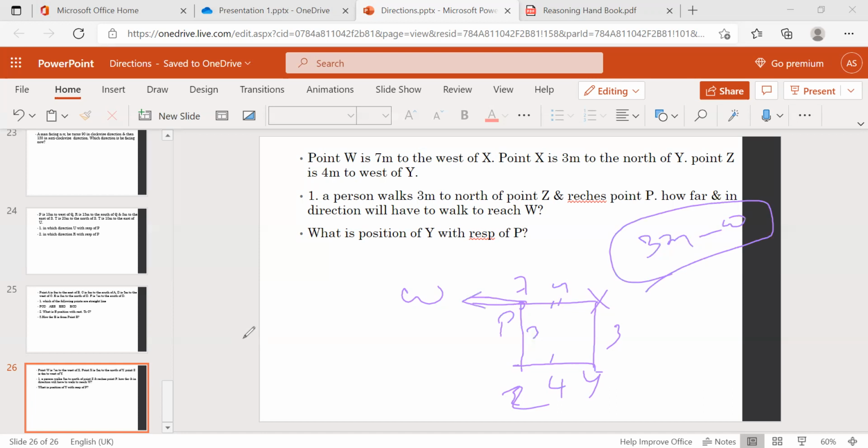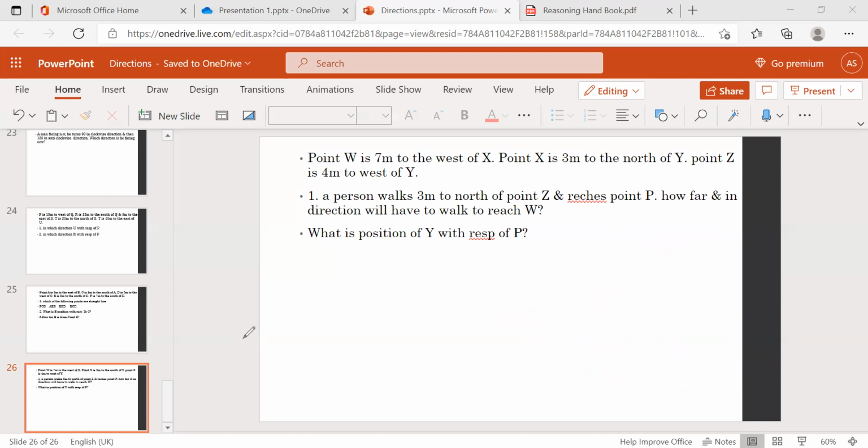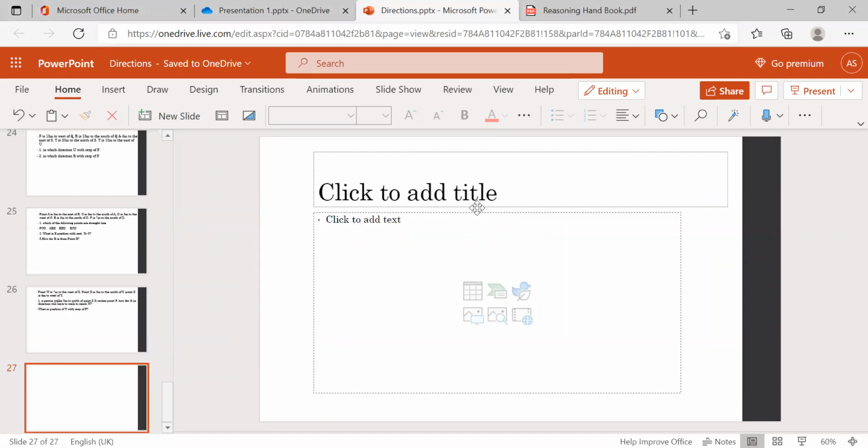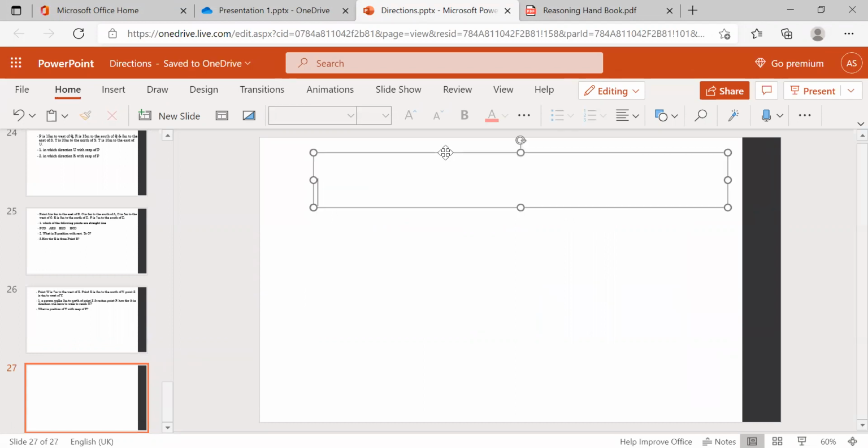Okay, and what is the position of Y with respect to P? Where is the Y? Here, with respect to P. Just southeast. Okay, done. So we have completed the north, east, south directions, and one more very important and interesting last concept here in the directions, that is nothing but